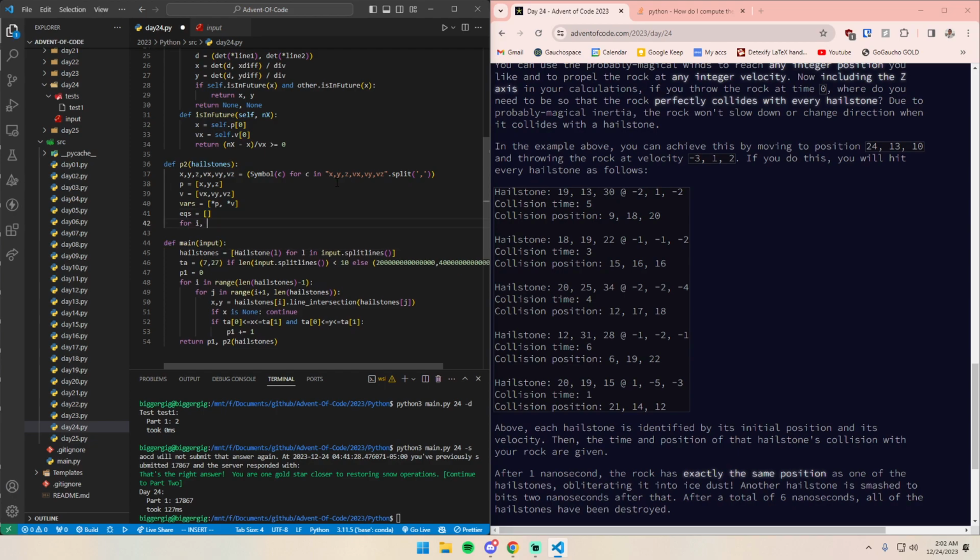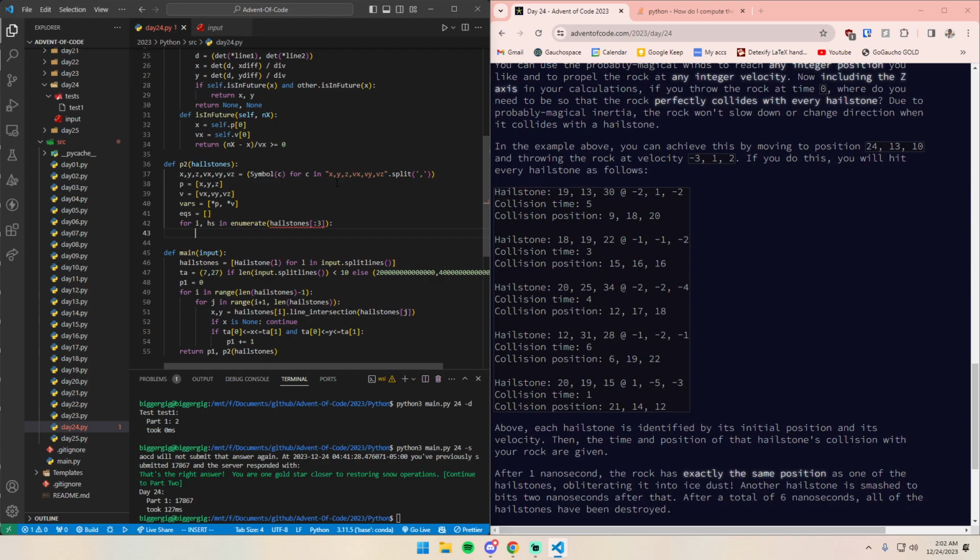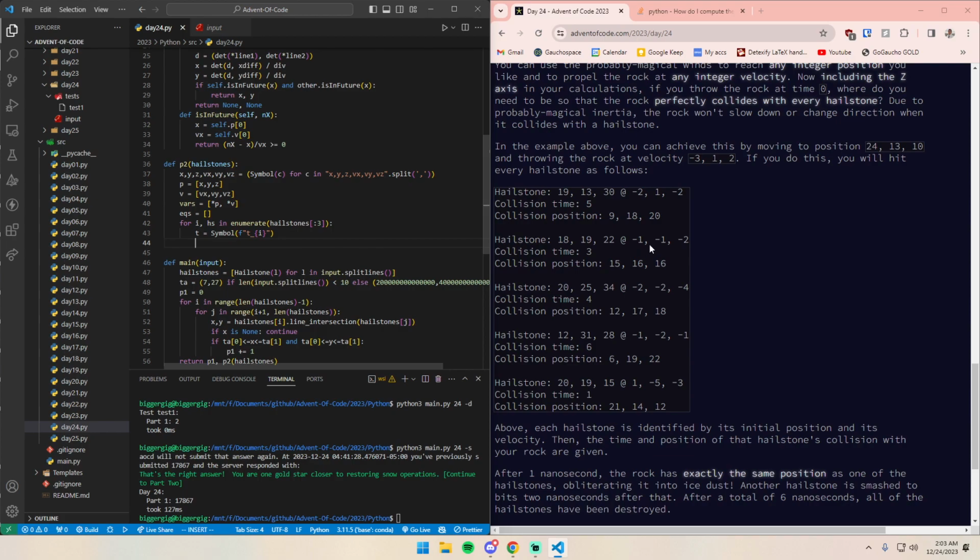So now for i and then hailstone in enumerate hailstones, but we only want to see the first 3 hailstones because that's all we need to solve it. Then we'll do t is equal to symbol, and we're going to create basically 3 different time variables, because each individual hailstone can hit this new rock at a different time, so that's fine. And now for j in range 3,